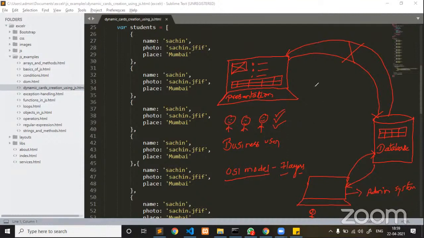Now, where does Ajax come into the picture? Guys, listen carefully. There will be one more layer to implement connections between a client and a database.